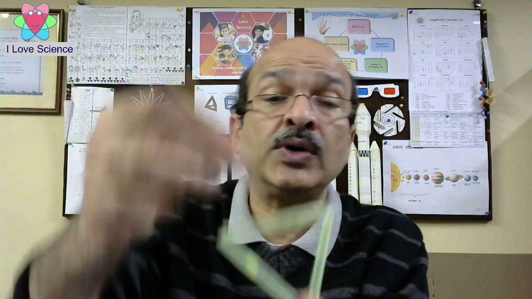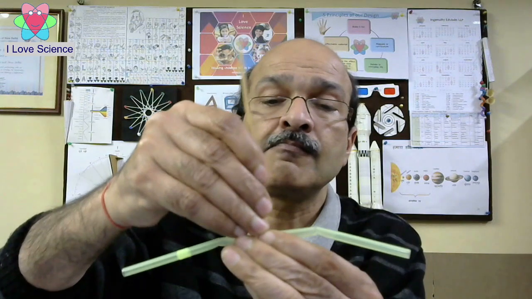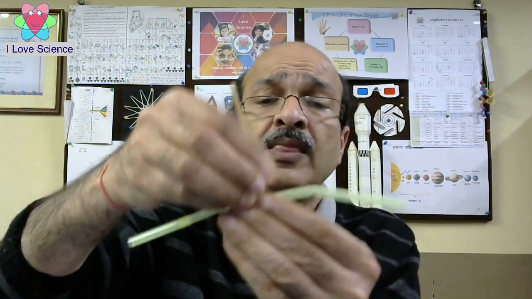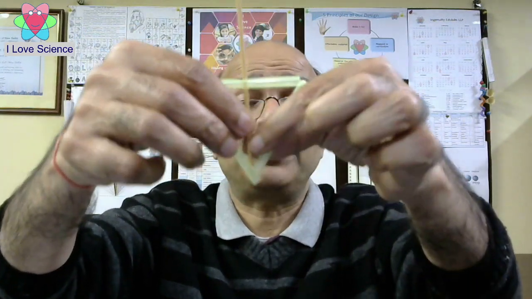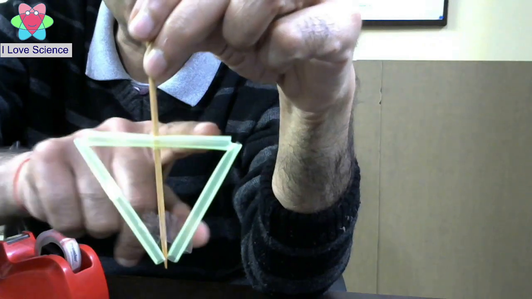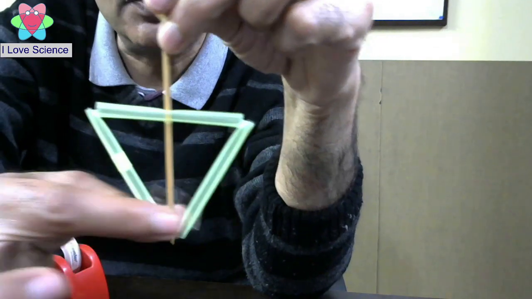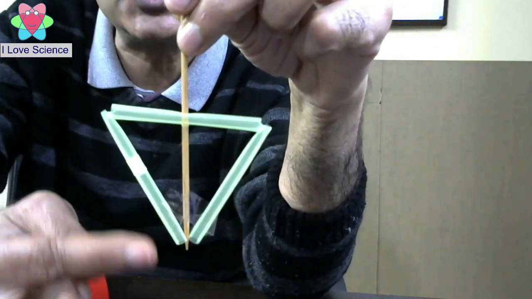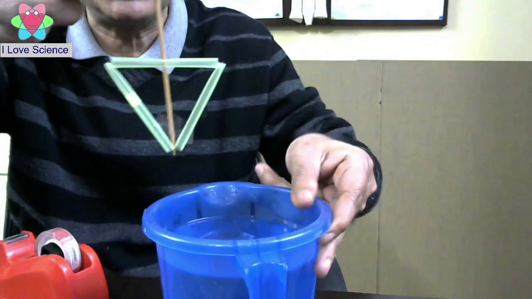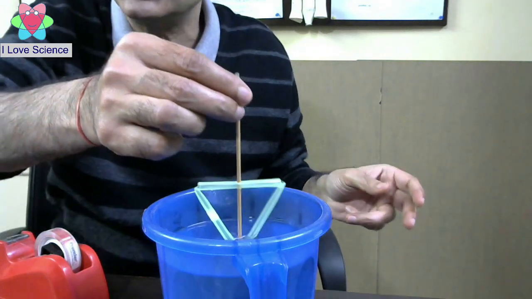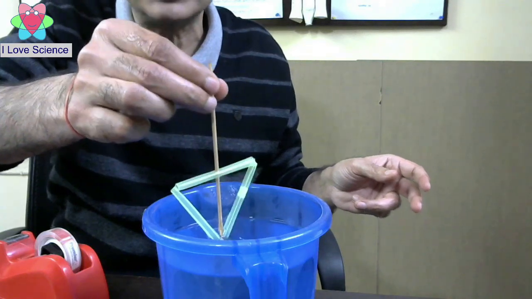And now put the skewer from the top, from the center, and connect these 2 pieces with a tape. So you can see I have connected this straw by dividing it into 3 pieces, made it like a triangle, and then attached the bottom parts of the straw using a transparent tape in this. Now if I dip this little sprinkler into water and rotate or spin my straw, then let's see what happens.